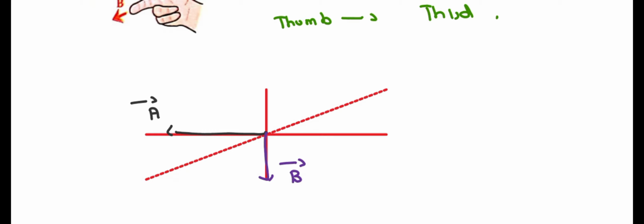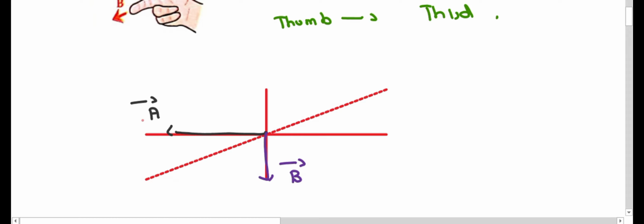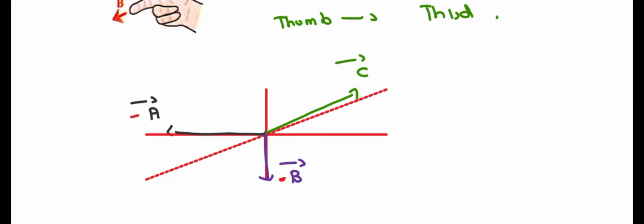So your thumb is basically outward from the screen, but that is not right. Why? Because the A vector is along the negative x-axis and the B vector is also lying along the negative y-axis. So the C vector lies along the negative z-axis. Okay, so this is the direction of that C vector, which means that your thumb is directed into the page or into the screen.